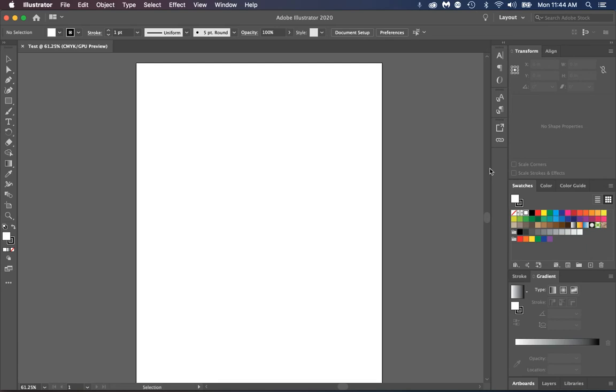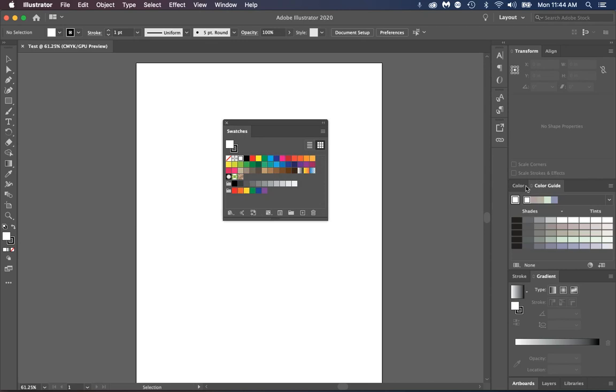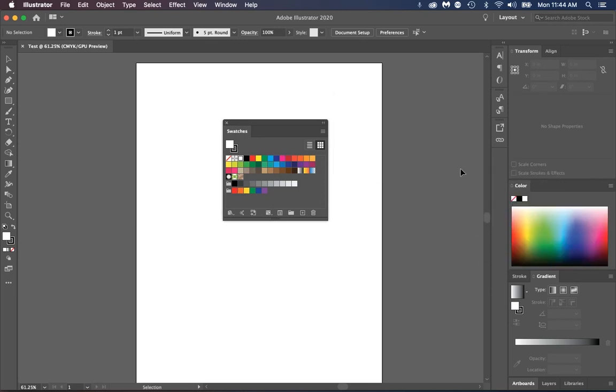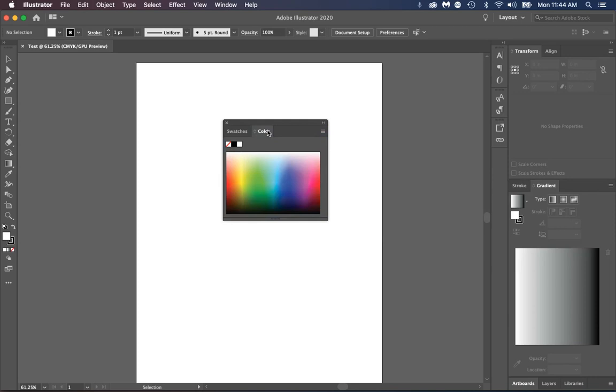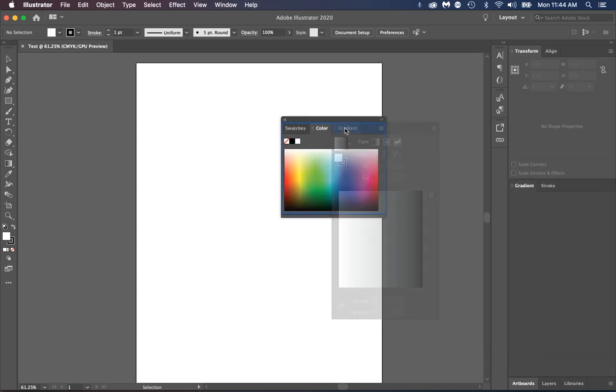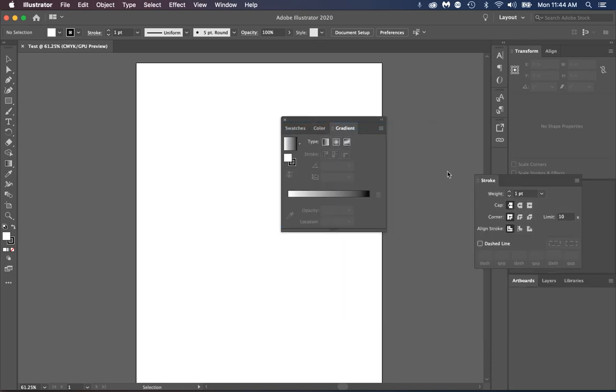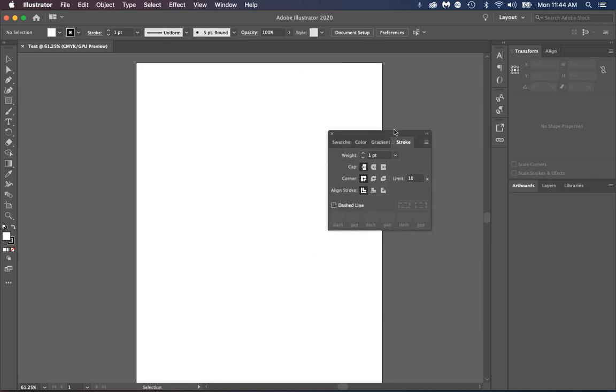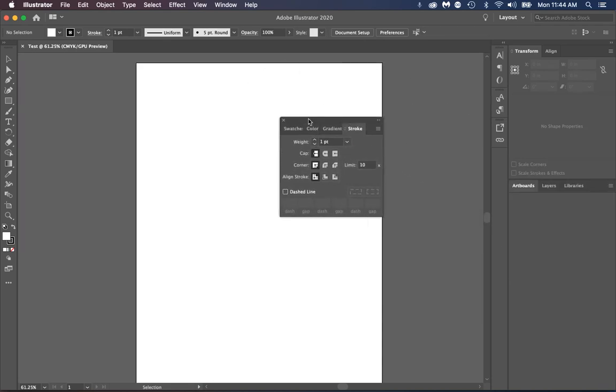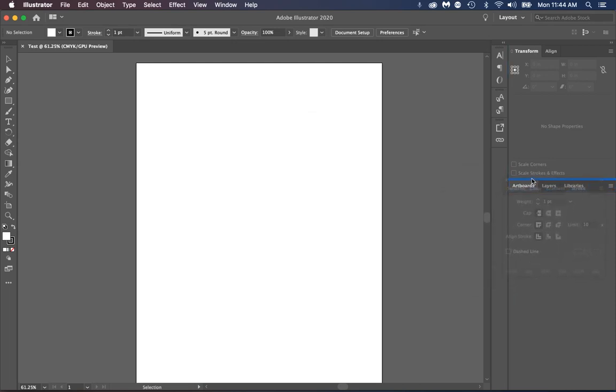I personally like to arrange my palettes and move things around and save my own personal presets. You can just drag them out, get rid of the ones that you don't use by Xing them out, creating new groups of gradients. Like I personally like to have my colors, my gradients, my swatches, and my strokes all under one group setting, and then I add them back to the actual groupings. If I highlight, you get that little blue bar, it's just going to add a secondary group. I like to have my artboards, for example,